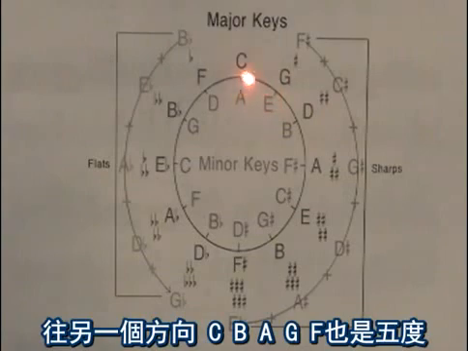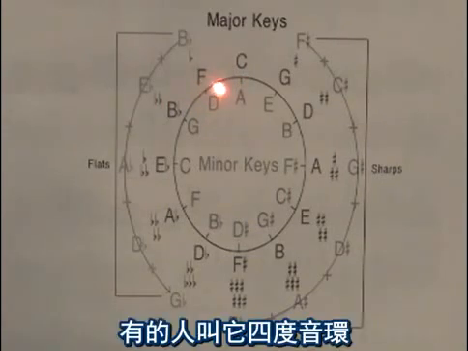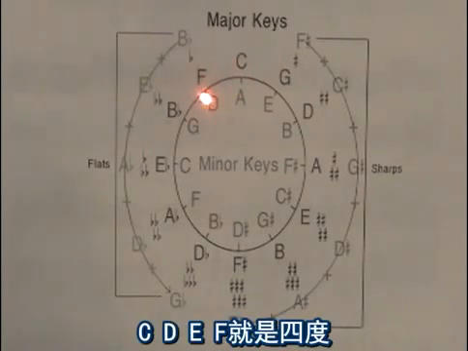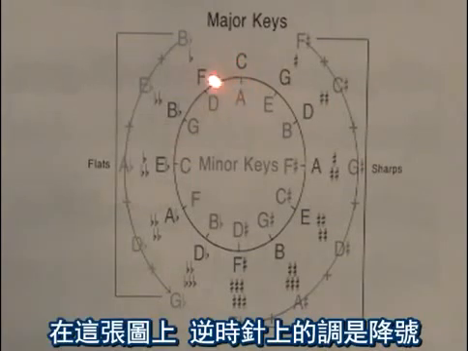Now if you go backward from C to F, from C to B and then C, B, A, G, F, that's also a fifth apart. And some people like to call this a circle of fourths, if you count up. From C to F, C, D, E, F is a fourth apart. Either way is fine. But when you start going anti-clockwise on this diagram here, you start getting keys